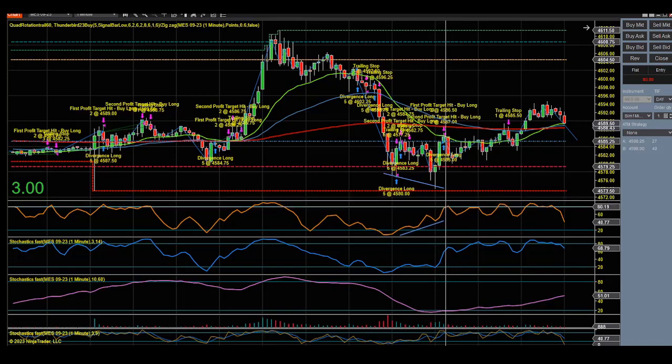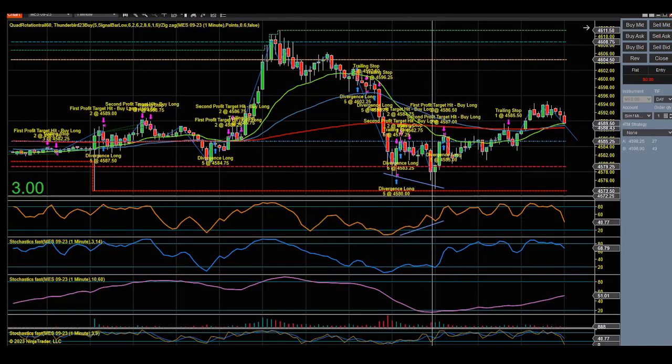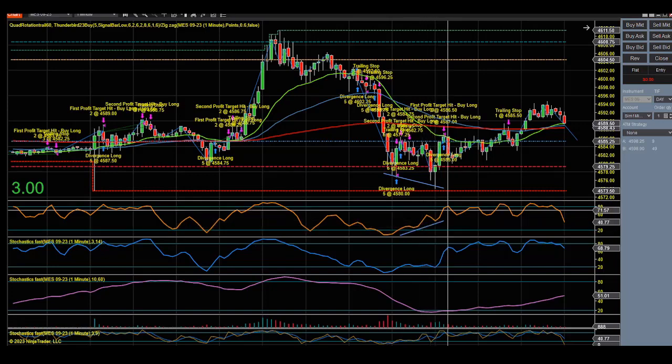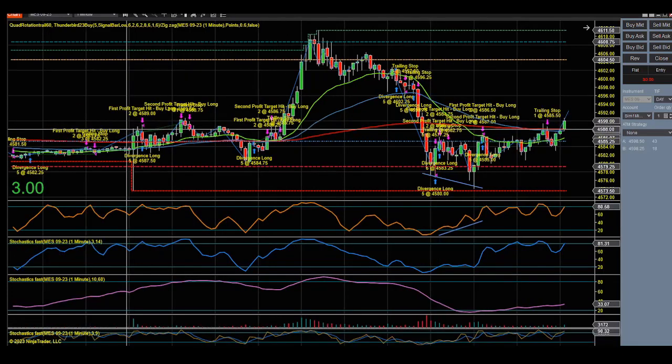You get the first rotation of the 9-3. A simple rule here: you get a divergence in a downward trending market, you take the first rotation of the 9-3 and you take your profits, or you take partial profits, and you move your trailing stop up to break even. If you're trending down,